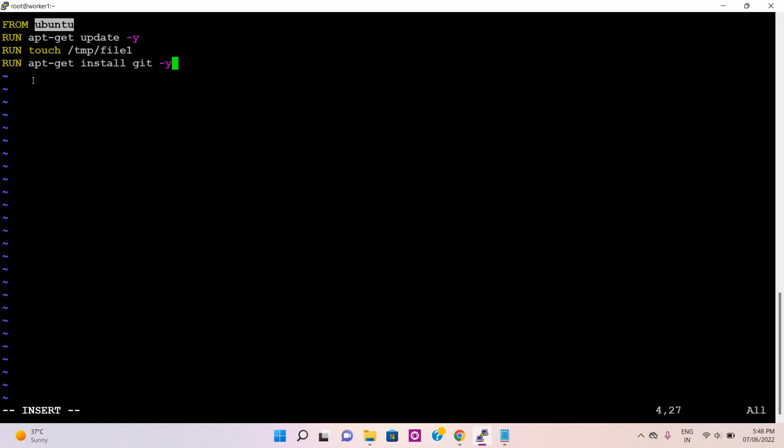Install git -y. Okay, like this. So, the RUN instruction. By using the RUN instruction, I can run any command inside your image. Okay, now here's how it works, I will tell you. Just save this